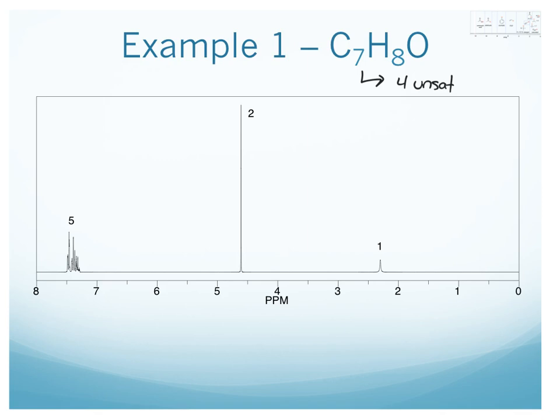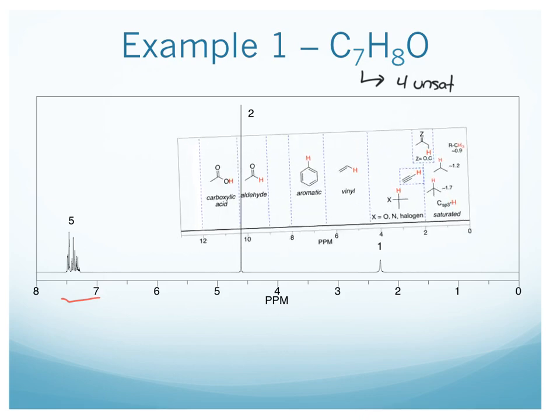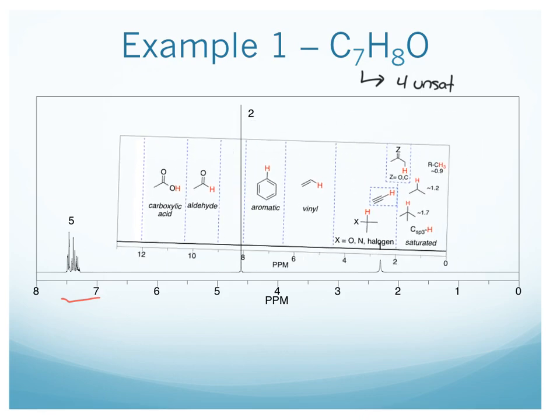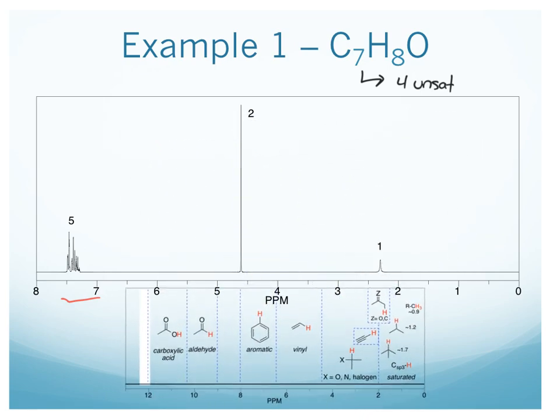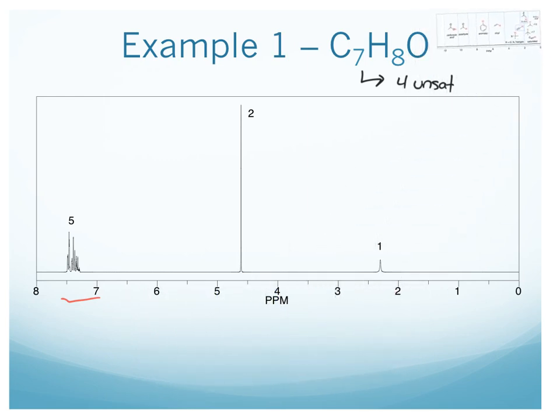So right here in this 7 to 8 region, if we pull up our table of typical regions, right here in the 6.5 to 8 region, that's the aromatic region. And that's what we have right here. So what we're going to do is, with this being the aromatic region,